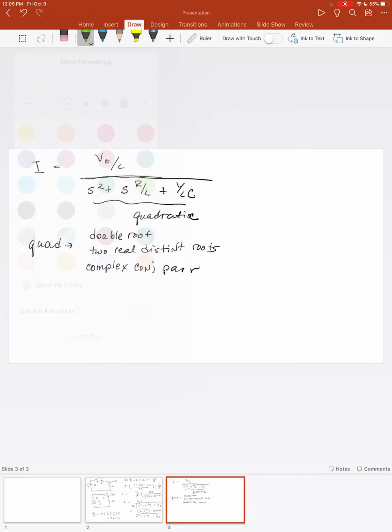If it's a double root, then you end up with a result in the time domain that looks like some a e to the minus alpha t plus b e to the minus beta t, where a and b are constants. If it's two real distinct roots,